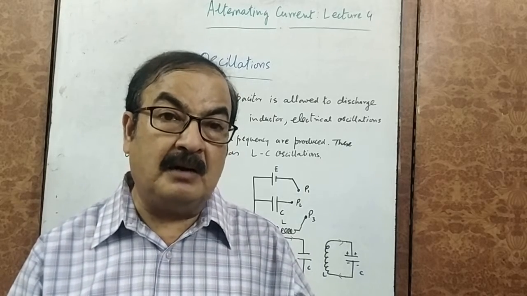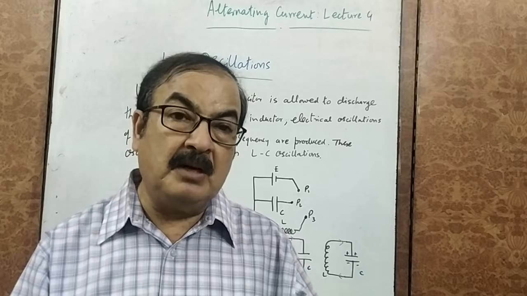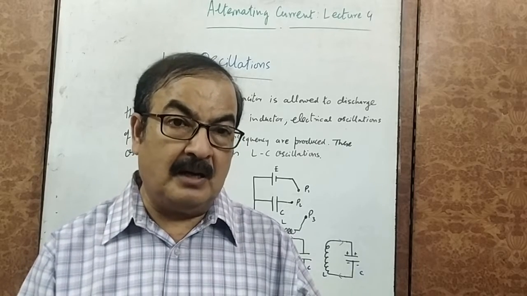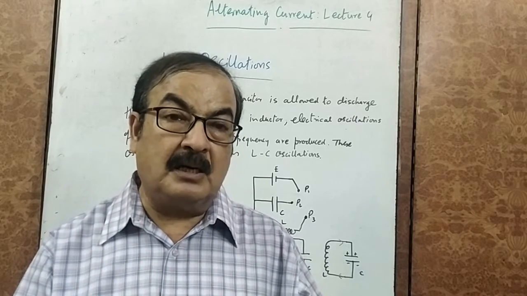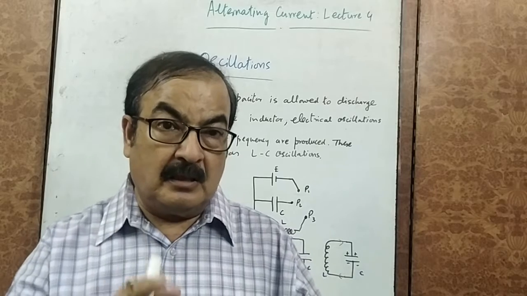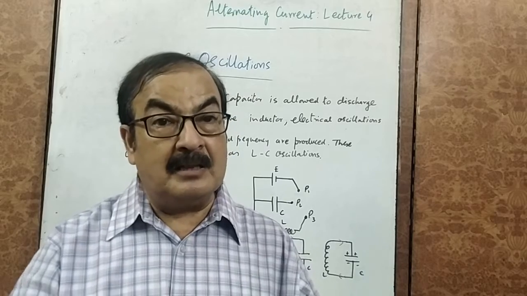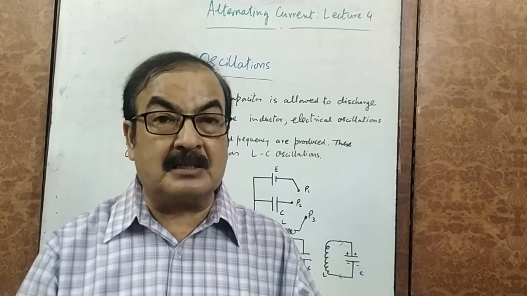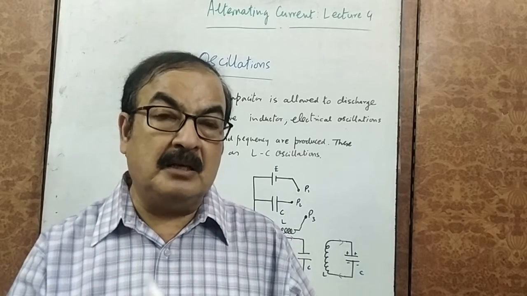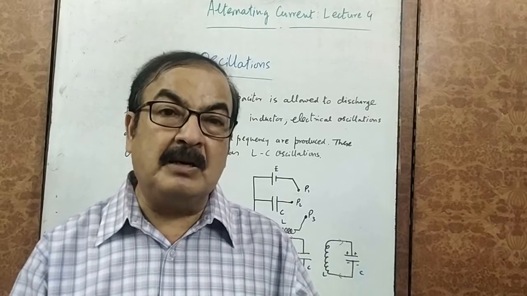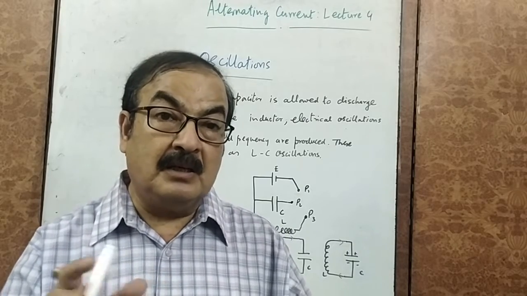This is what we generally have in this case, that if initially plate A was positive and plate B was negative, now just the reverse order will be there after it is discharged through the inductor. Now the charges of the plates will be just opposite. The B plate will become positively charged and the A plate will become negatively charged. And then again this charged capacitor will be discharged through the inductor and the reverse current will flow, and this will keep on going, and ultimately you can see some oscillating output always obtained along the inductor.